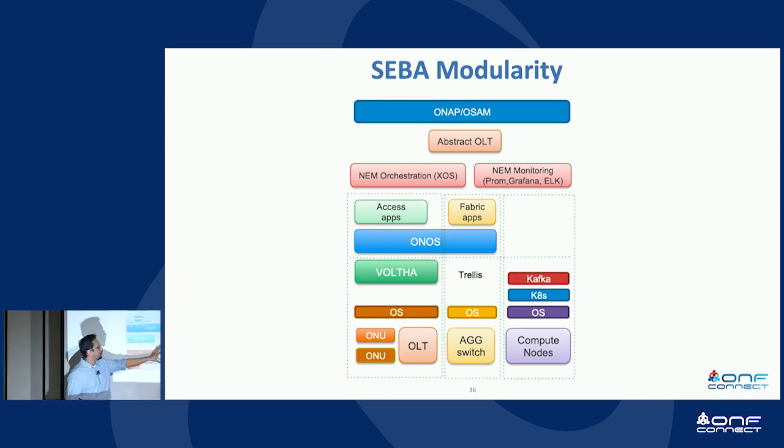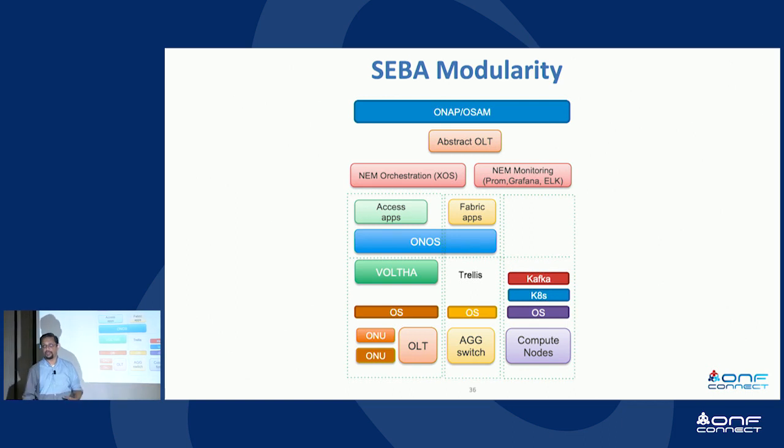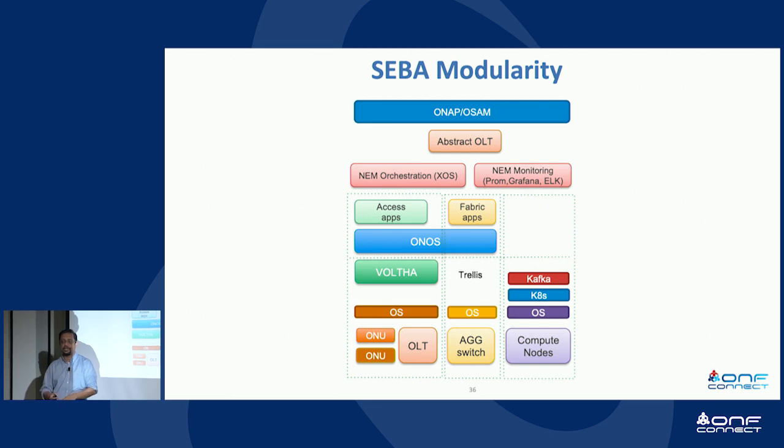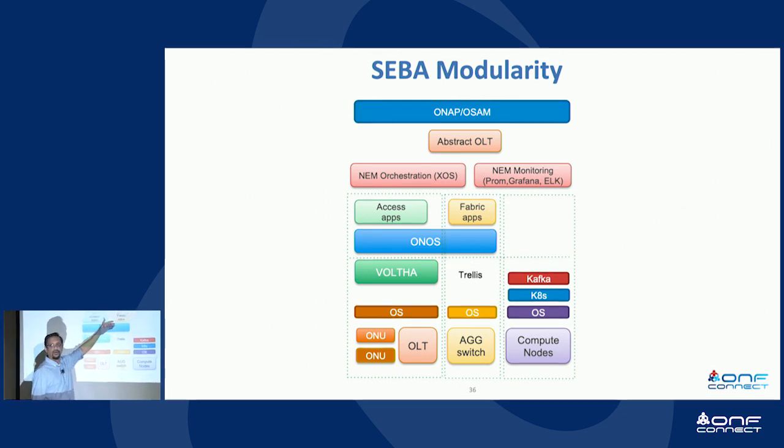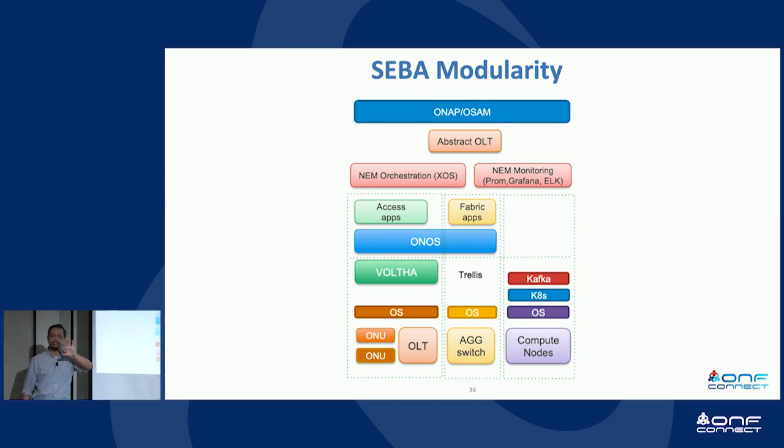Okay, so similarly, if you want to swap out the switching hardware, for example, with some other SDN based switching hardware, or even non-SDN traditional switching hardware with all the software running inside the box, that's also possible, as long as you ensure that the hardware meets the hardware requirements for what it connects to, as well as the software requirements of what it's driven by. Okay, so yes, these pieces are modular and can be replaced as long as you ensure that the APIs into that modular box are satisfied.